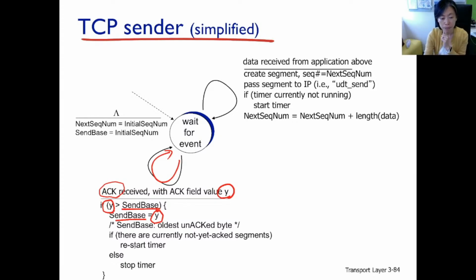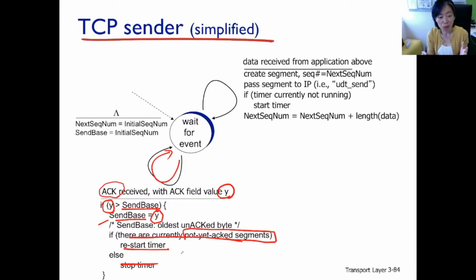All right. Now, if there are currently not-yet-ACKed packets around, then restart the timer. So we'll be starting the timer for the new send base. If there are no outstanding packets, so no not-yet-acknowledged packets around, then let's simply stop the timer, because this ACK acknowledges all the packets that were waiting to be acknowledged.